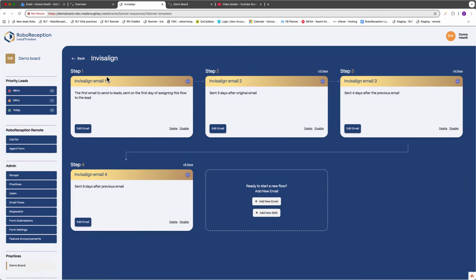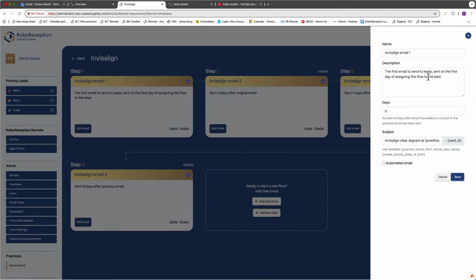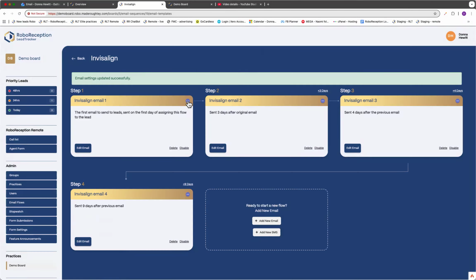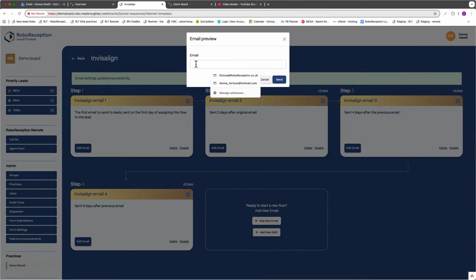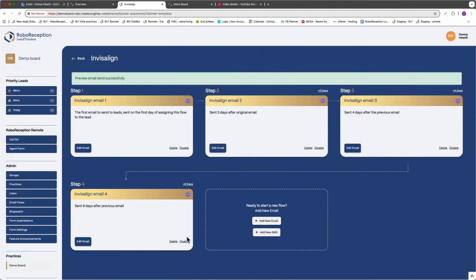to your flows so you can see which emails you have in each of your flows. Now you can go in and change some further settings. So by clicking these three dots, you can either go in and edit the email, you can change the settings, so you can add a description, you can change the number of days after the previous email or after you've activated the email that it takes to send the next one. And you can change the subject line from there if you want to. And you can ask for an email to be sent to you so that you can then preview it to